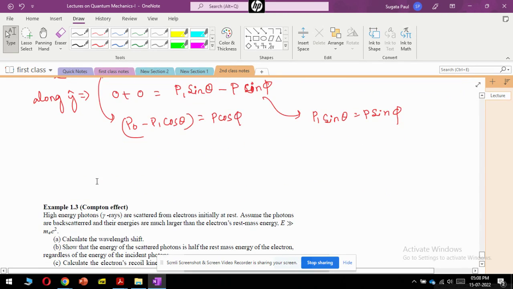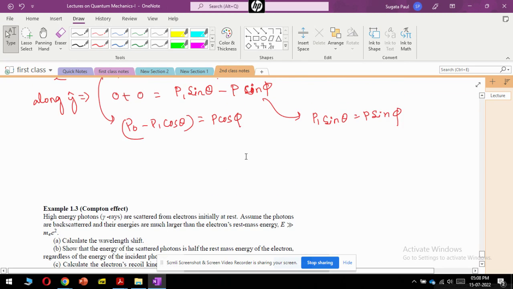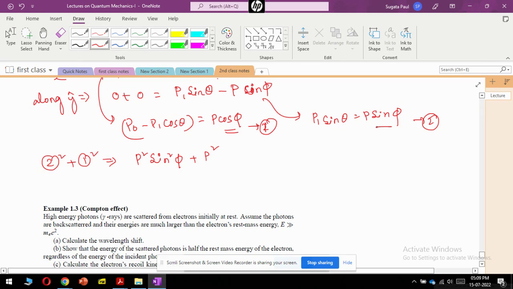Now we'll just use the simplification that for p square, we take a square from both the sides, this square plus this square. This is equation 1 and this is equation 2. Then we'll do 2 square plus 1 square. This will give us p square sin square phi plus p square cos square phi equal to, on the left hand side, p1 square sin square theta from here, and from here p naught minus p1 cos